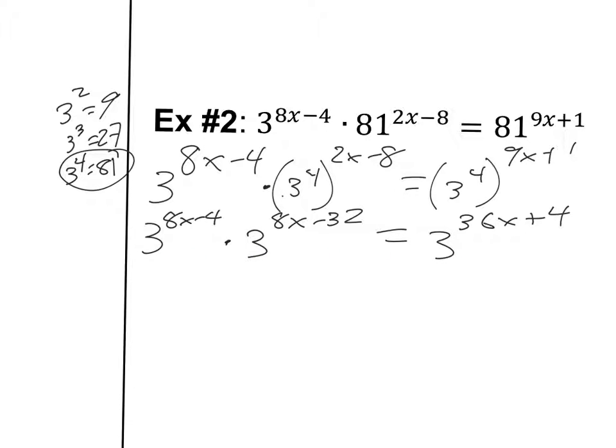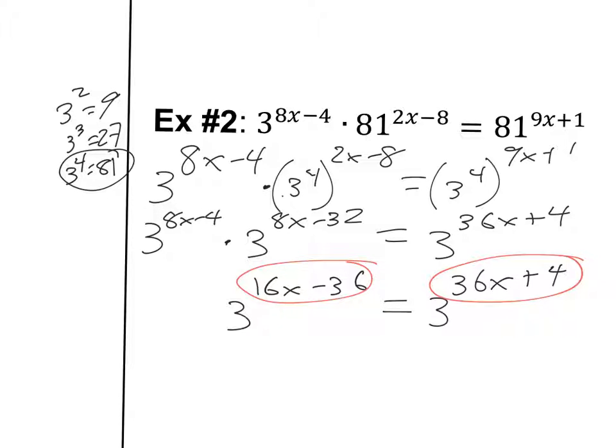That's nice, but I still have something I have to do here. I have to have just one term. Right now I have 2. Well, we learned that if I have the same base, I can add the exponents. So I actually can write this as just one term, and I can add the exponents. So 8x and 8x makes 16x. Negative 4 and negative 32 makes negative 36. And so now I finally have just one term on each side, and they both have the same base, which means